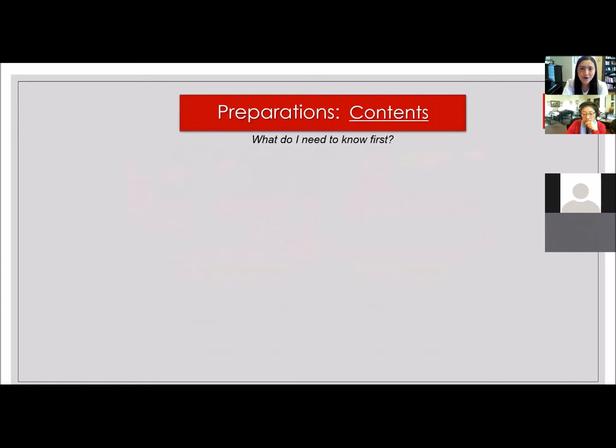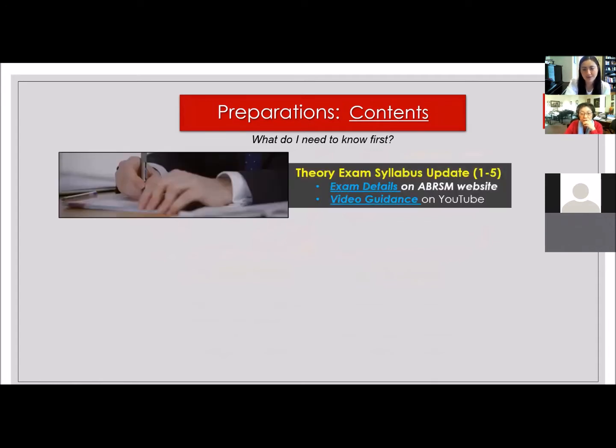Now, if we are ready to take our grades 1 through 5 exam, what do we need to know first? Let's talk about what needs to happen. The first preparational step is that there are changes to the exam syllabus.